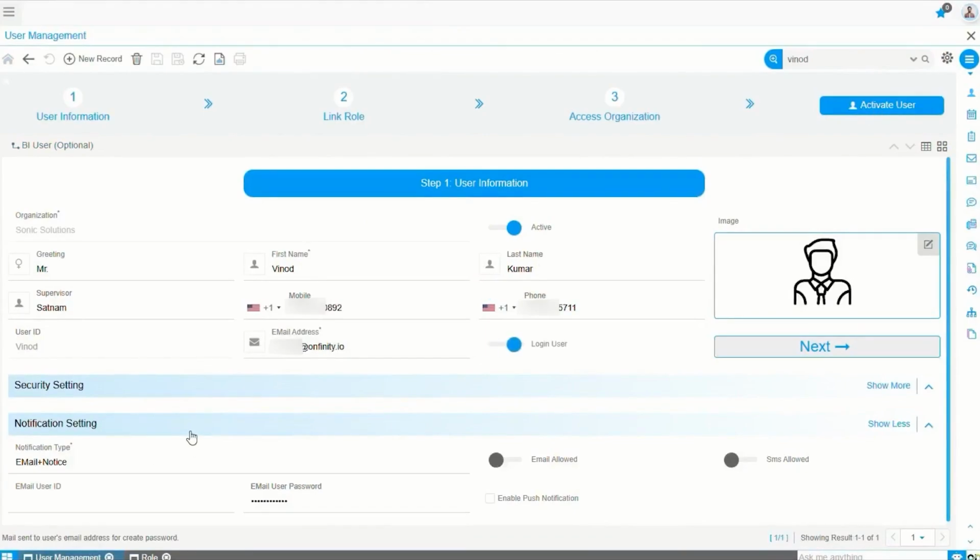Upon clicking, you can see the message that a mail has been sent to the user's email address. To create a password, an automatic email will be sent to the user's inbox, which is required for setting up their password for login. Please note that the email will be sent to the mentioned email ID. So, please enter a correct, valid email so that the system does not face any challenges in sending the password